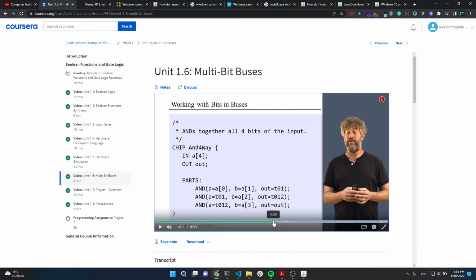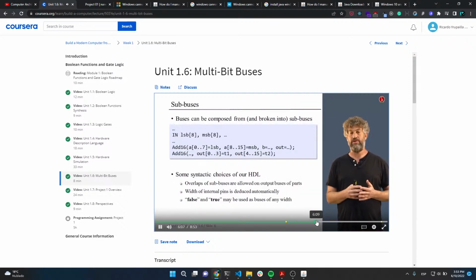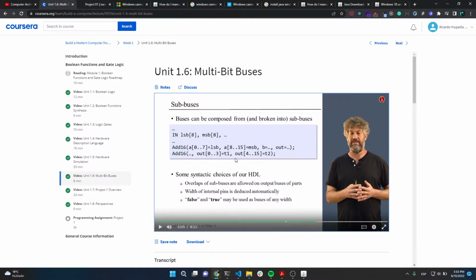So here's an example. In this example, we have 2 input buses, and we simply want to do a bitwise AND of them. Take the first bit of each, A and B, through AND gates. The outputs simply go out as a single bus, because that's how you sometimes want to use them when dealing with buses. For example, you may sometimes want to use syntax to find the exact